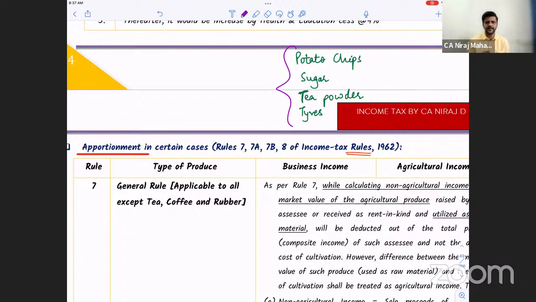So for potato chips, obviously, you are producing potatoes. They are cleaned, graded, then cut, fried, and all that masala is used on it, packed, etc. Then you are selling potato chips. So income is not by sale of potatoes; the income is by sale of potato chips. Let us say, just for the sake of example, one packet is sold at rupees 10. Now understand, is this rupees 10 100% agricultural income, 100% business income, or a mixture of both? What do you think?